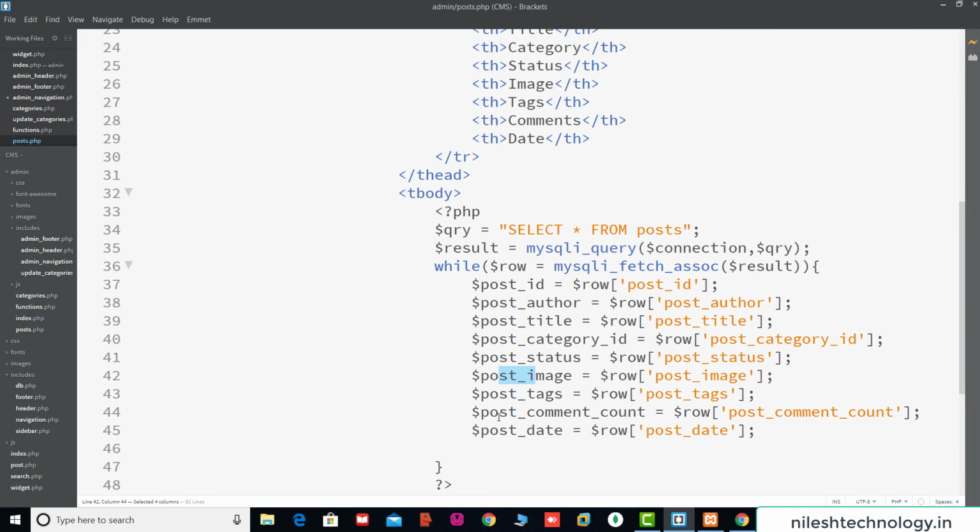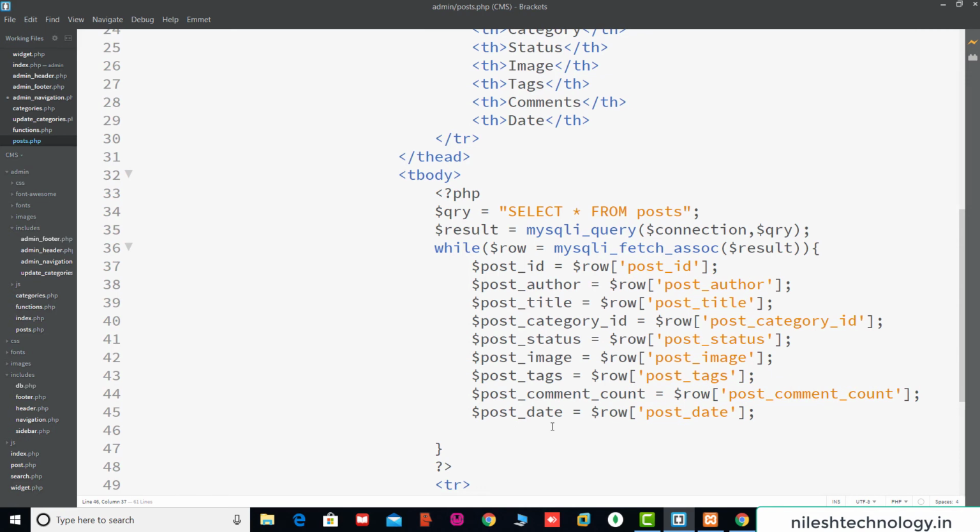Here you can use any name for the variable, but this one is the column name in your database table. So here we get all this data from the table and store it into those variables. By using these variables, we print the data in table format.